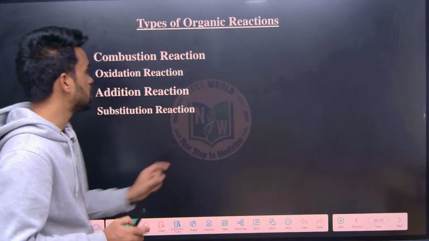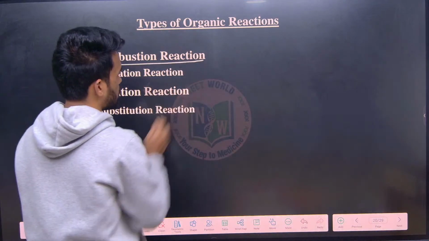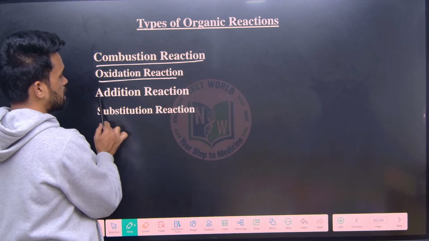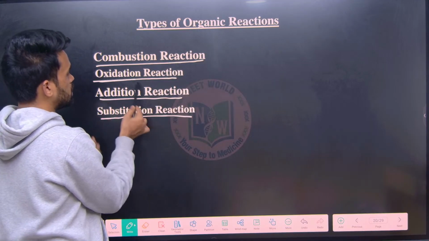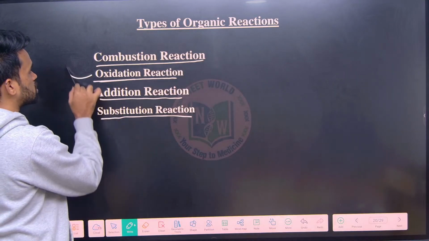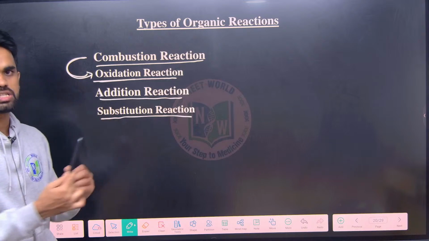Then after that, how many types of organic reactions do we have? One is called combustion reaction. The next one, oxidation reaction. Next, addition reaction, substitution reaction. If I say oxidation, there might be a reduction reaction also. Now here, all combustion reactions are examples of oxidation also, I can say,